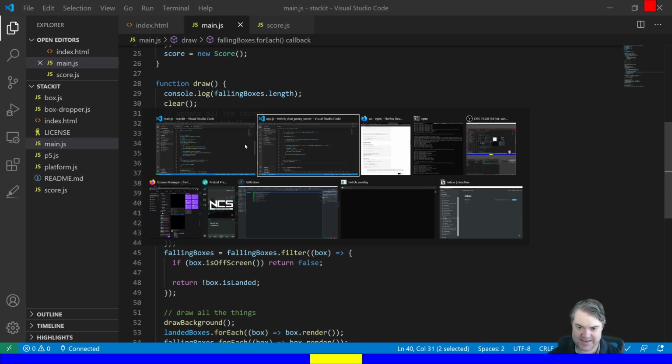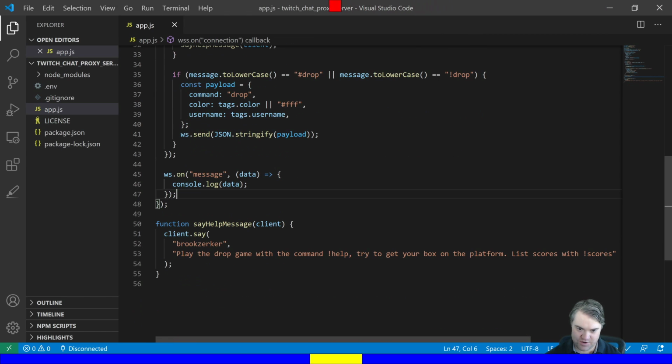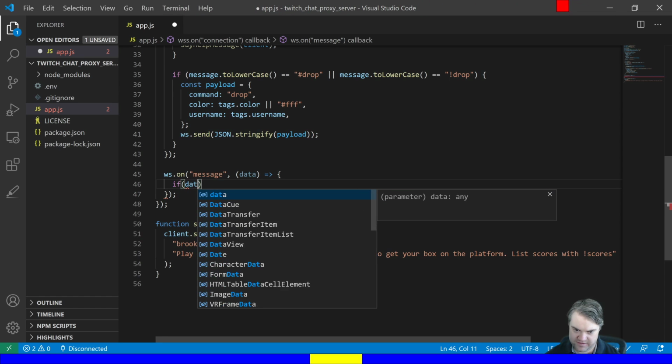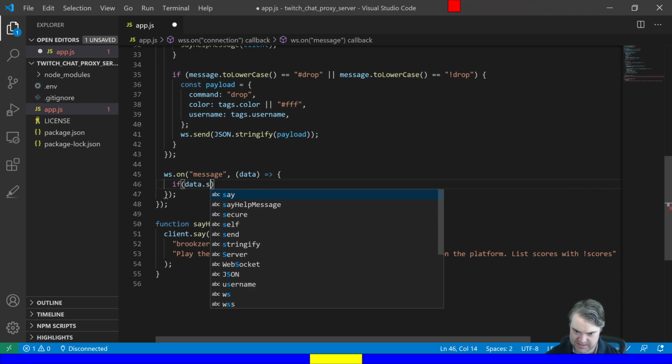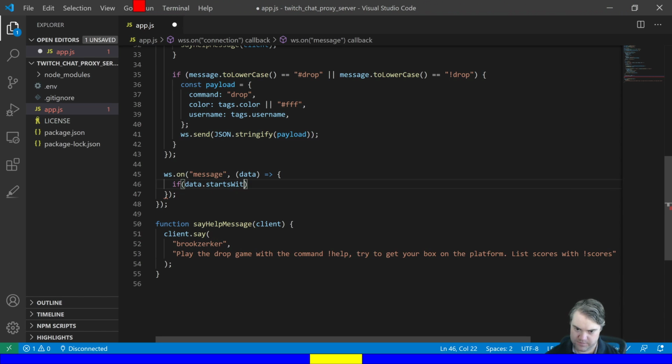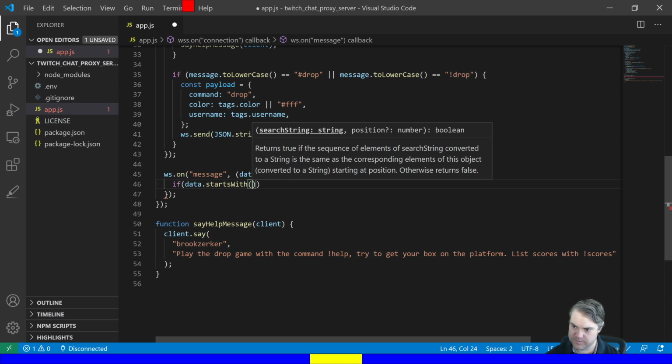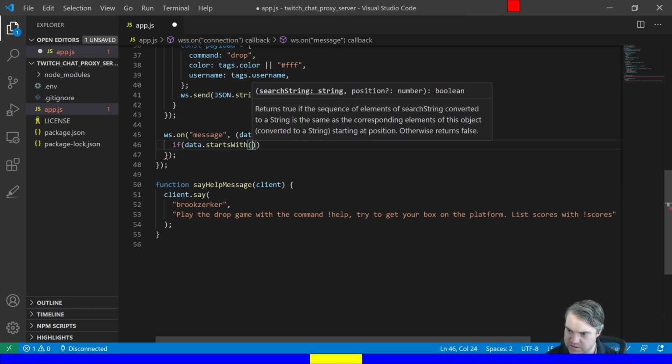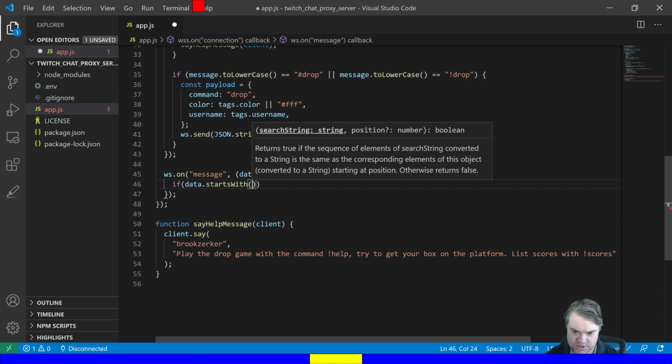So if I do this, now we come to the back end. And so on message, we're going to get the data in. And the data seems to just be the message itself. So we want to split this on essentially the double pipe. So if data, is there a starts with on strings? Returns true if the sequence of elements of search string converted to a string is the same as corresponding. I think it does. So if data starts with,